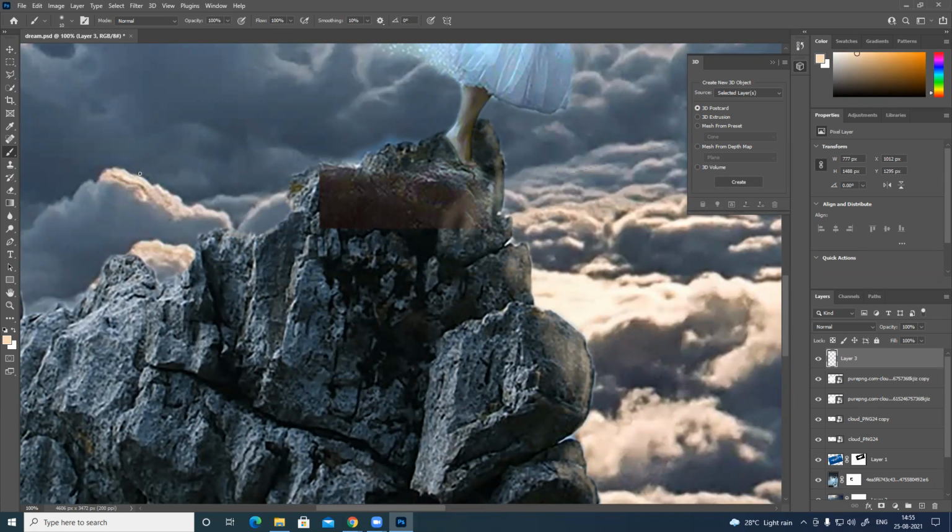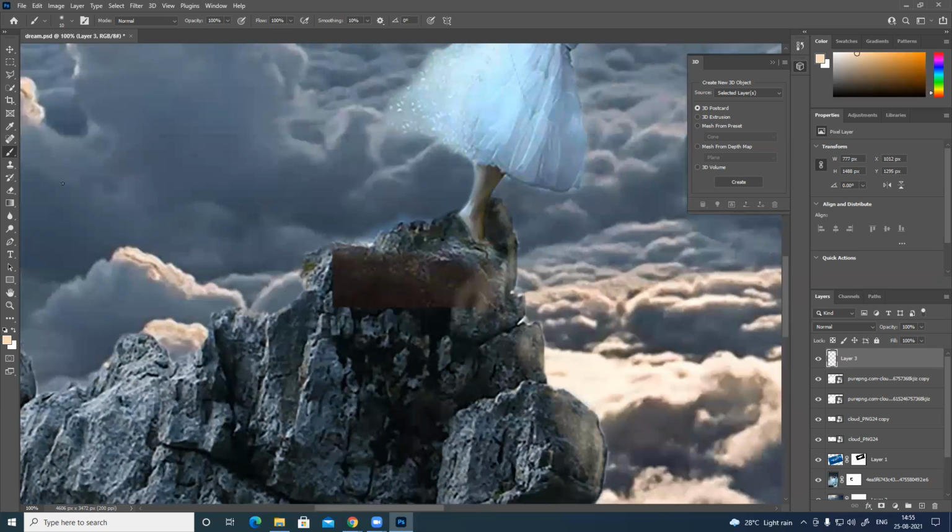Yeah, you can see this highlight around the edges.